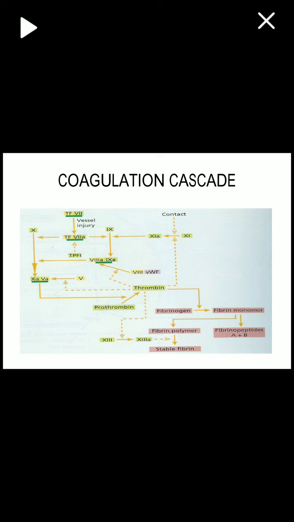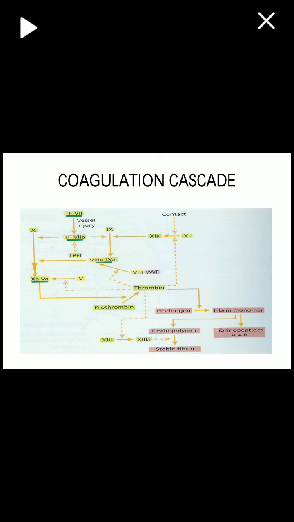So this is our coagulation pathway. We are all aware that the coagulation pathway is basically divided into two pathways. One is called the intrinsic pathway, another is called the extrinsic pathway. The right side what you are seeing is the extrinsic pathway, and the left side you are seeing is the intrinsic pathway. Intrinsic pathway starts from factor 7 when there is a vessel wall injury. Similarly, the process goes on.